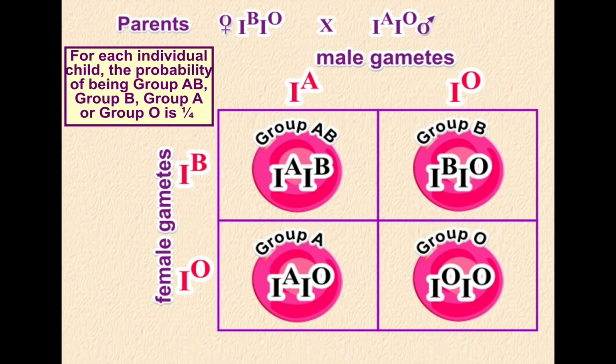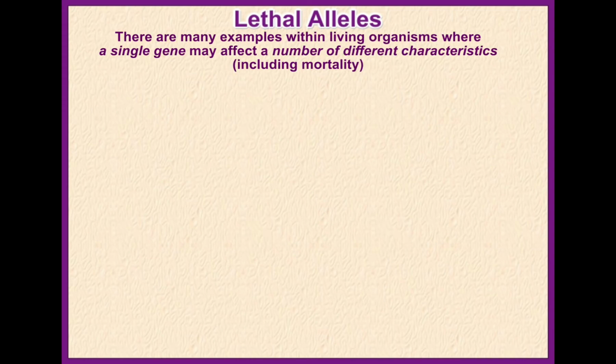So for each individual child, the probability of being blood group AB, B, A, and O is 1 in 4, or 25%. And finally, the last exception to the rule is lethal alleles. There are many examples within living organisms where a single gene may affect a number of different characteristics, including